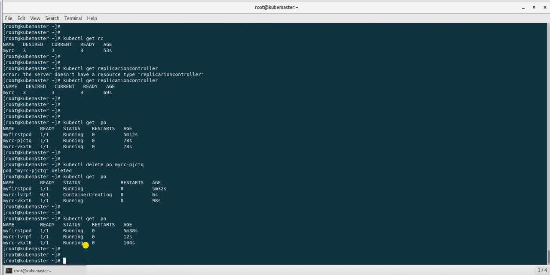So this is the job of the replication controller. If any pod gets deleted or crashes, the replication controller automatically brings that pod up and makes the number of pods equal to the number of replicas you define in the spec file.